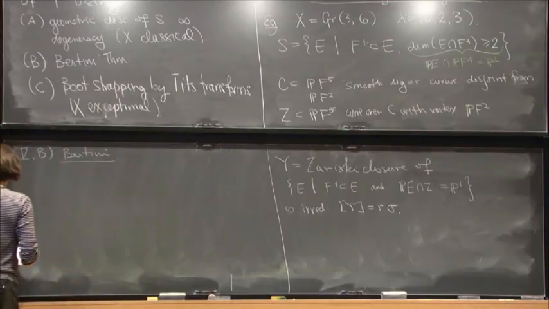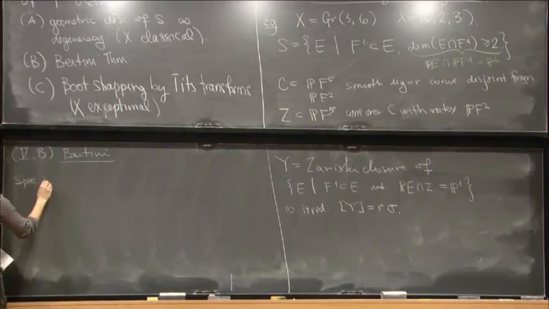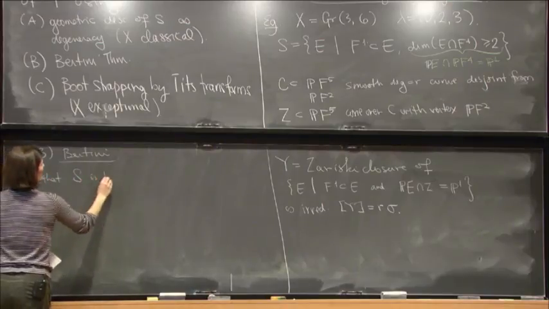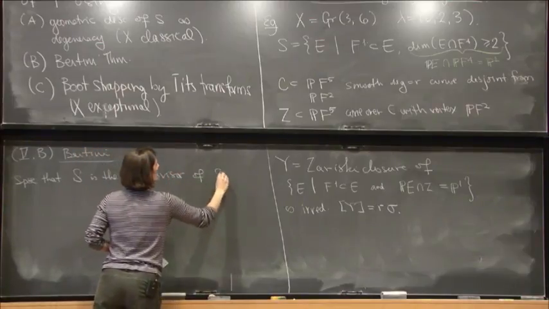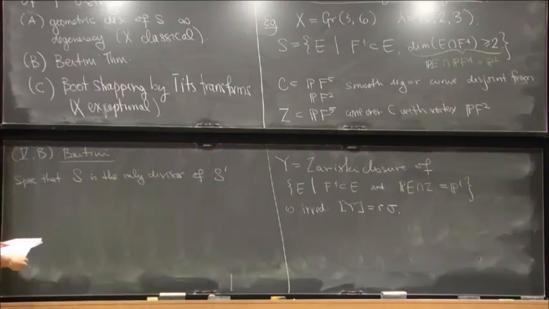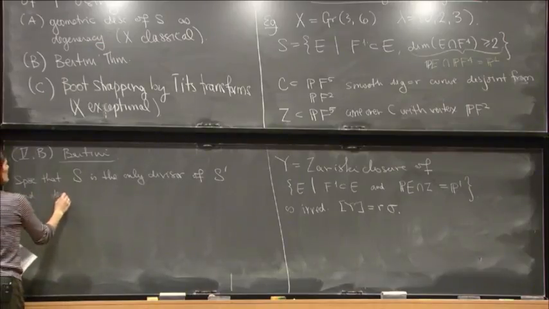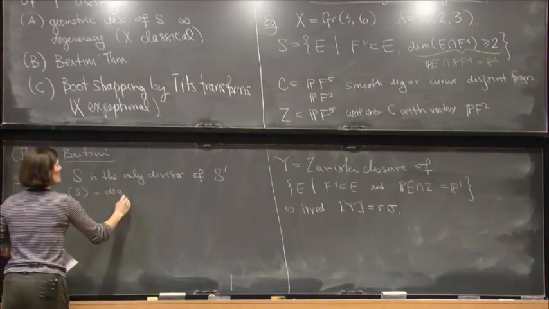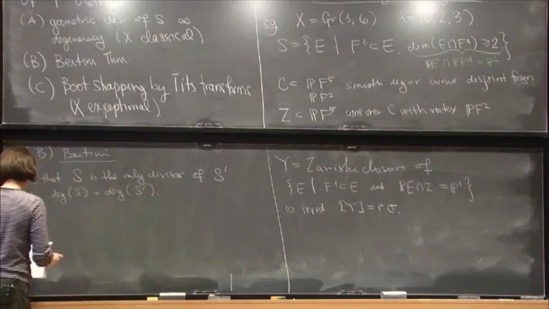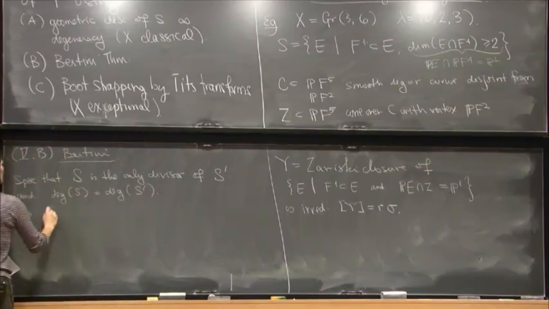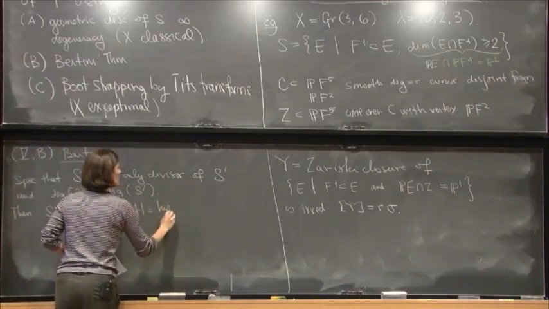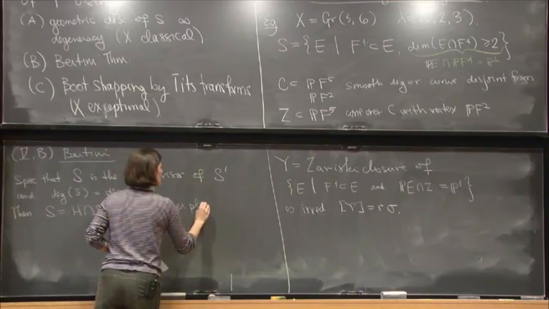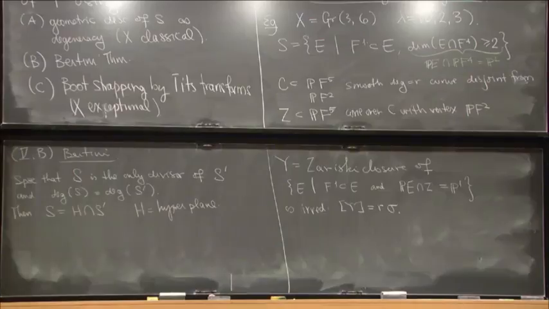And it's based on the following observation. Suppose that S is the only divisor, the only Schubert divisor of a second Schubert variety, S prime, and that the degree of S is equal to the degree of S prime. Then in this case, S is a hyperplane section of S prime, and Bertini